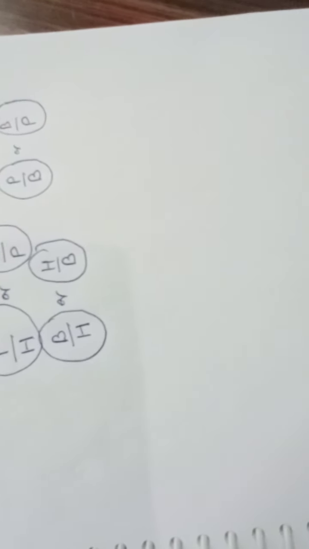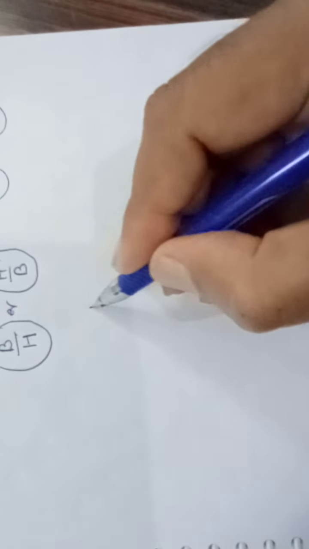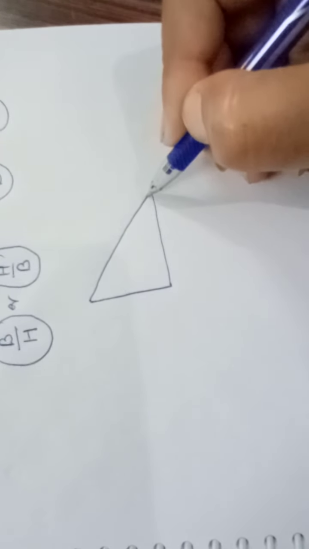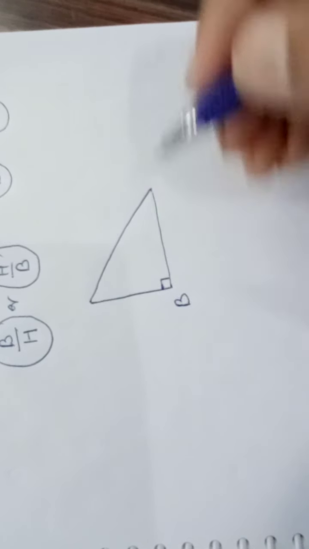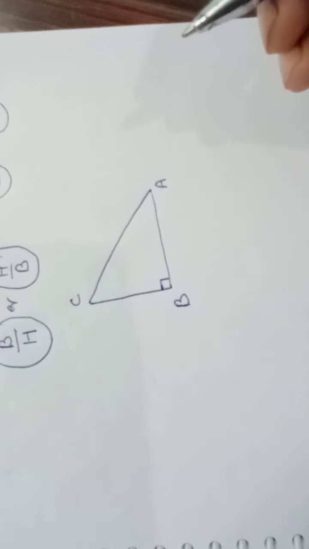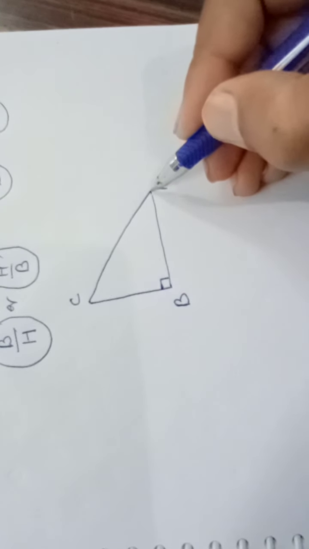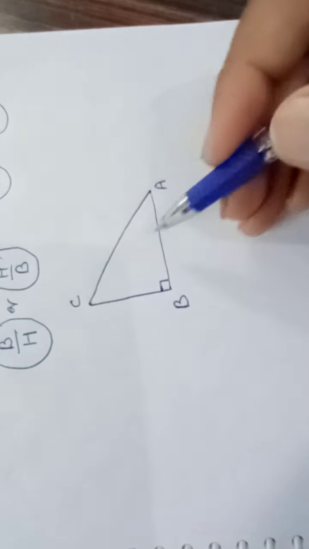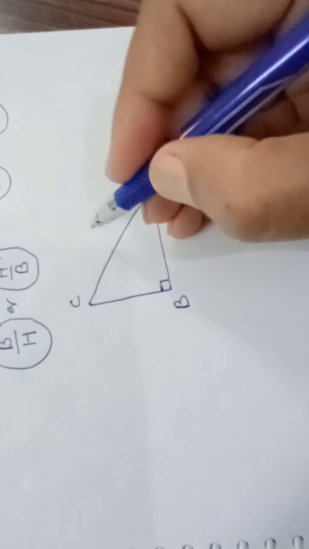Now see, again I am making a right angled triangle. This is a right angle triangle, and again this angle B I am taking. You can give any name. This is B point, this is A point, this is C point. Now I am standing here, and so many times I have repeated, if I am standing here, then this is perpendicular, this is base, and if I am standing at this other point, then this is perpendicular and this is base. So it is H.